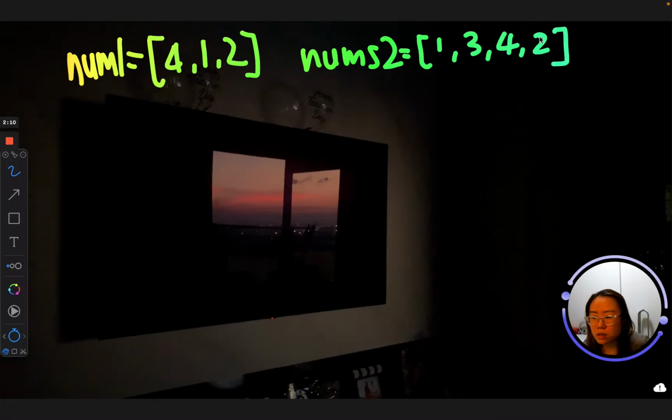Given these arrays, what we want to do is basically see element 4, look at element 4 in nums2, and see if there are any larger elements to the right of this number. To the right of 4, there are no more numbers bigger than 4,